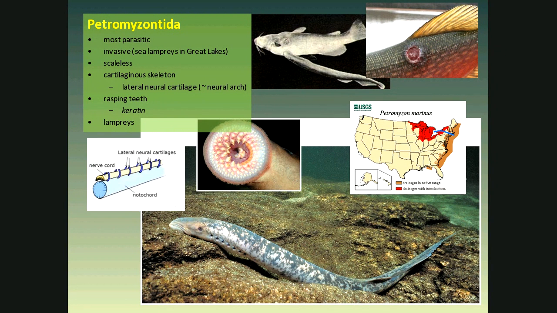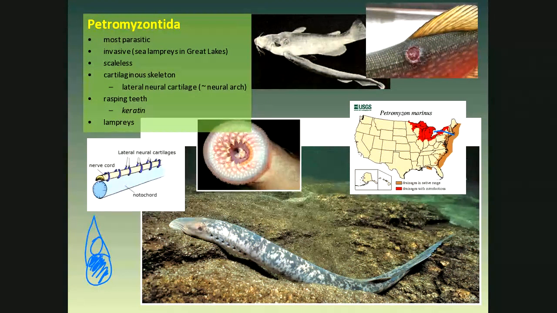They have a notochord still, so we don't have this bony structure yet, but they are developing lateral neural cartilages, as you can see in the picture, these little blue things. If you've ever seen a picture of the vertebrae of other vertebrates, you've got the round part, where the disc would be, the remnants of your notochord. And then there is an arch at the top that the spinal cord, the nerve cord, goes through. That's called the neural arch. It protects the spinal cord. We see the beginnings of that in these lampreys with these lateral neural cartilages.